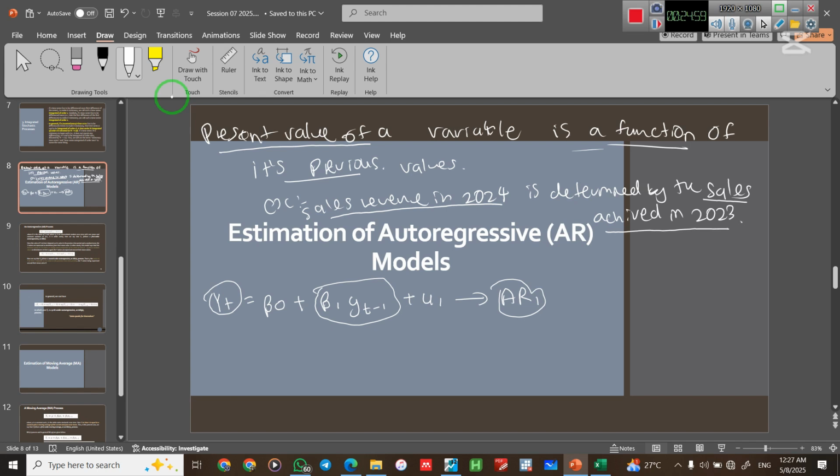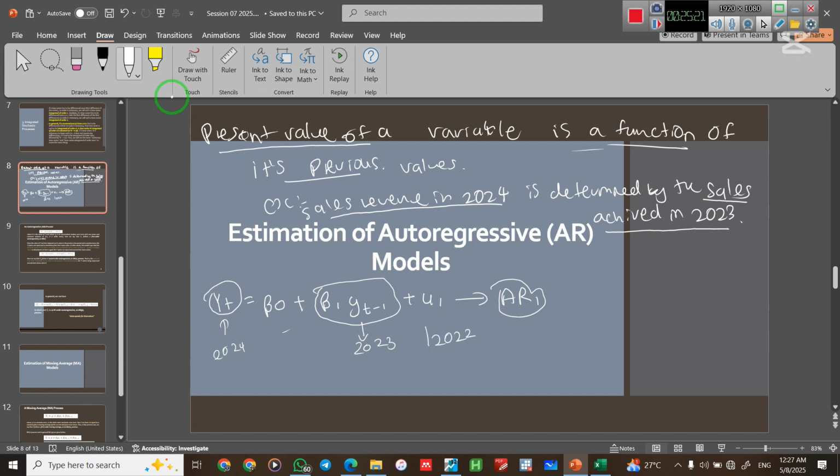Since there is only an impact from 2023, we said that there is only one AR term. Let's say there are two variables, that means for the 2024 sales there are impacts from 2023 and also